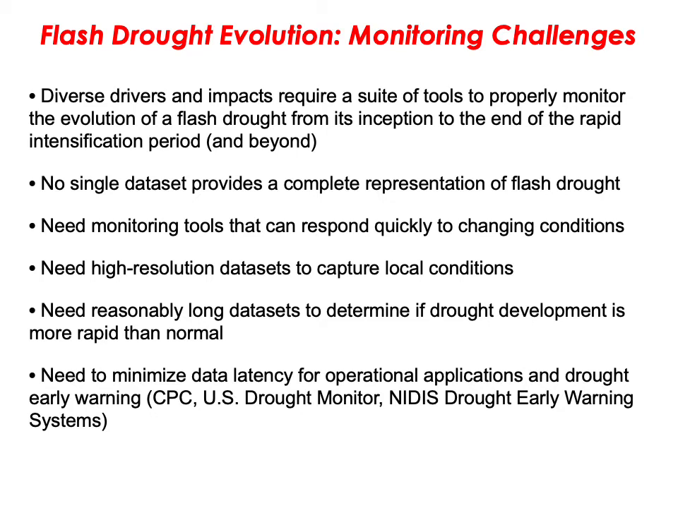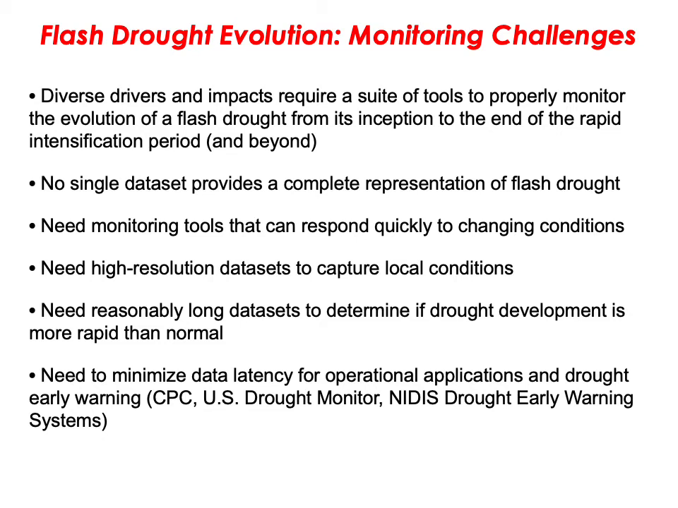Instead, it's necessary to use multiple indices that capture different aspects of flash drought. It's also important to use monitoring tools that are able to respond quickly to changing conditions. This sometimes means that you can use existing methods, but only when they are computed over short time intervals appropriate for flash droughts. It's also helpful to use data sets with high spatial resolution so that you can capture local conditions. That typically means using satellite-derived data sets as much as possible because they have very high spatial resolution compared